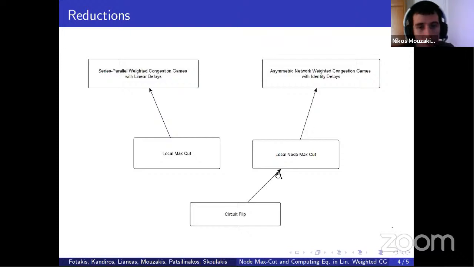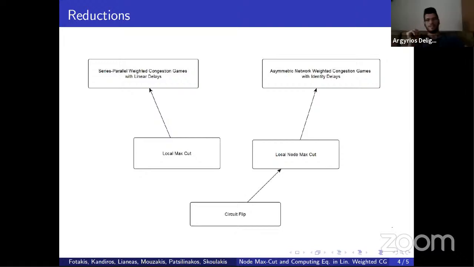Well, we don't know yet whether it can be shown from this problem, but we use some interesting techniques from the reduction from circuit flip, which only make use of weights instead of edges. So maybe they can be used to get PLS hardness from the weights themselves. The techniques used to reduce from circuit flip.